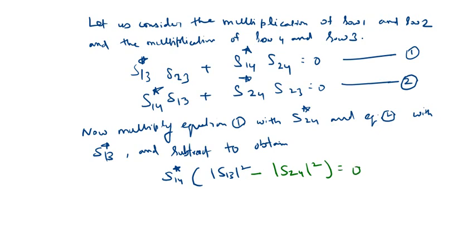Okay, so this is what we are getting, similarly after multiplying row 1 and row 3. So next page I am writing. Let us write down the matrix again, because otherwise you will forget what I am going to tell you. So this is the scattering matrix we have considered.